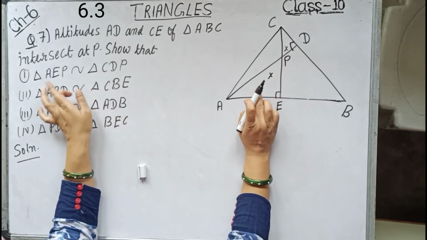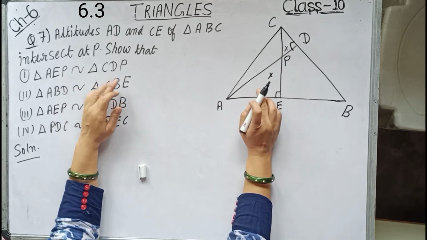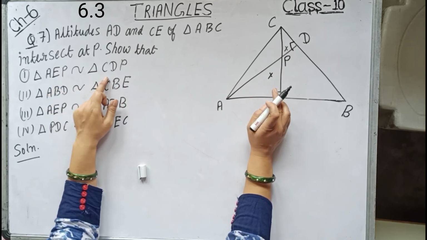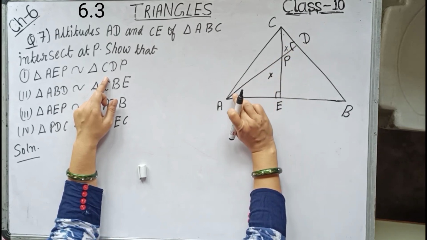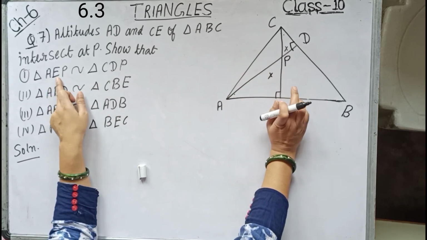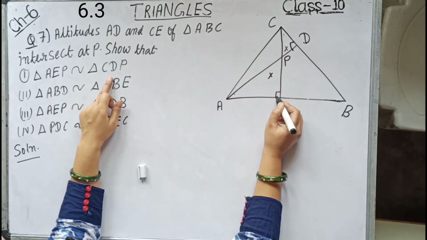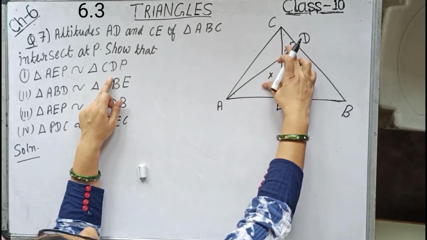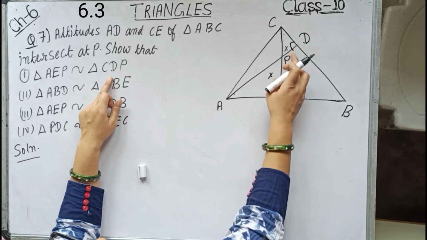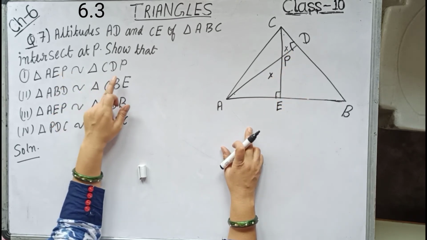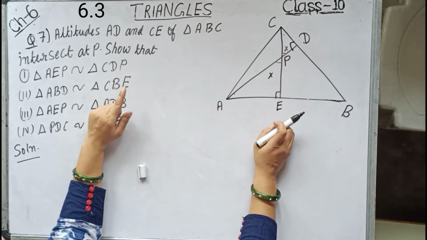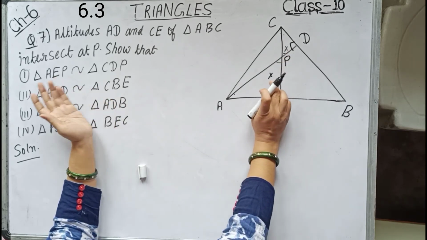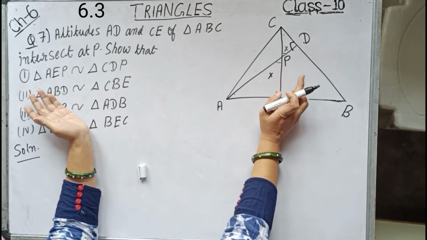Now children, when you pay attention towards the naming of the triangle which we have to prove similar, you can see wherever is A, there is C. So obviously this angle will be equals to this angle, but right now we don't know any information about this and this, so we will not write. Next, let us come to E and D. Now clearly E is 90 and D is 90 in these two triangles respectively. So we will write angle E equals to angle D equals to 90 degree. Now next is P and P. So obviously this P and P will be equal as they are vertically opposite angle. So we are getting a pair of angles equal in these two triangles. Therefore by double A similarity, these two triangles are similar.